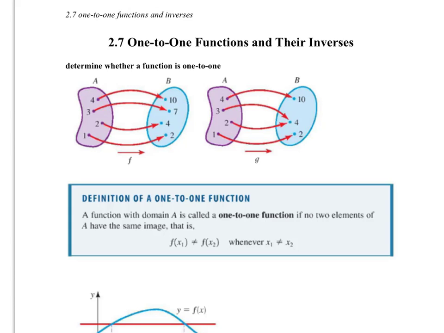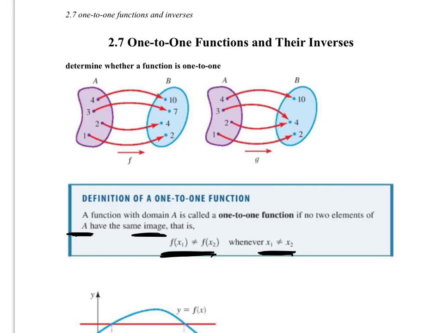We studied one-to-one functions, and to understand what those are, we look at the definition. A function is one-to-one if no two elements of the domain have the same image. That is, whenever two domain elements are different, the range elements have to be different. So whenever x1 and x2, two x values, are not the same, then the two function values also cannot be